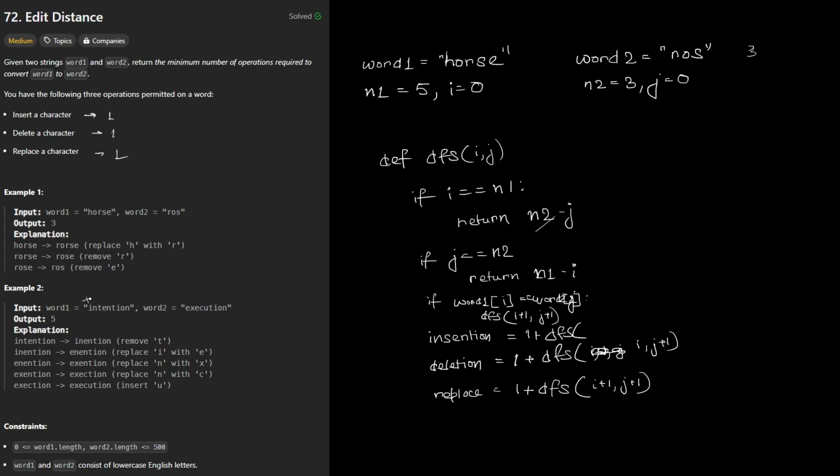Let's say I'm inserting t out here. In that case, to match both of it, it would be i and j plus 1, and I think this would be i plus 1 and j. We are going to check this. I'm having some confusion between both of them. When writing the code, we are going to check it out, and I'm even going to show it to you. And then I can return the minimum